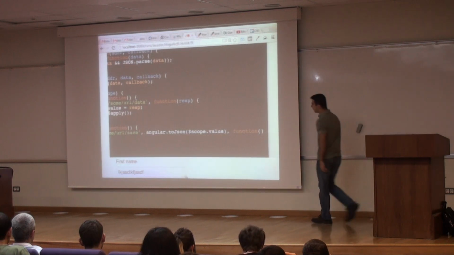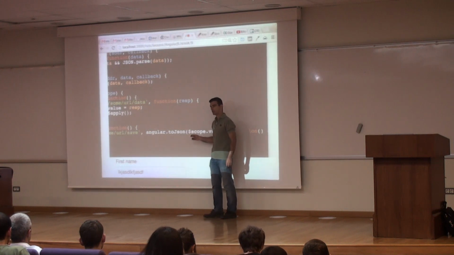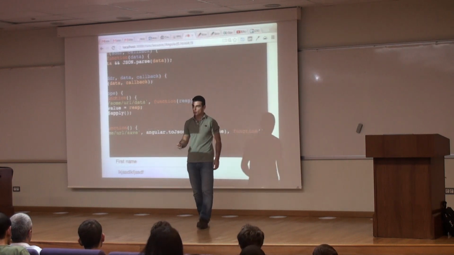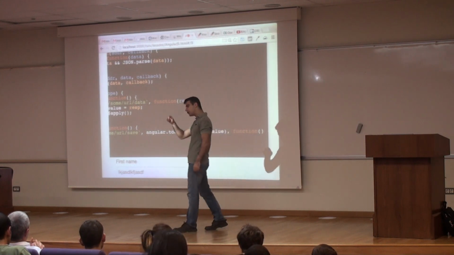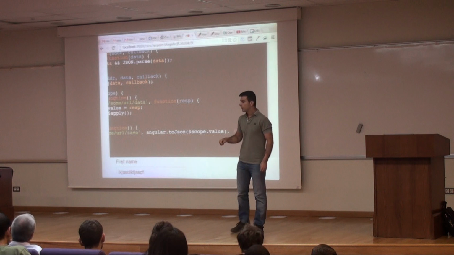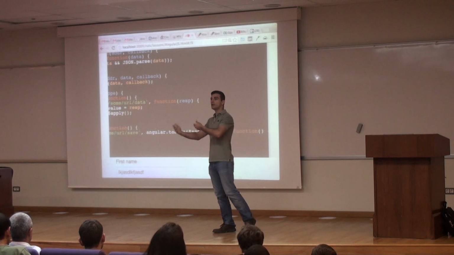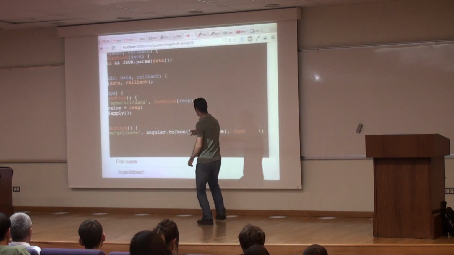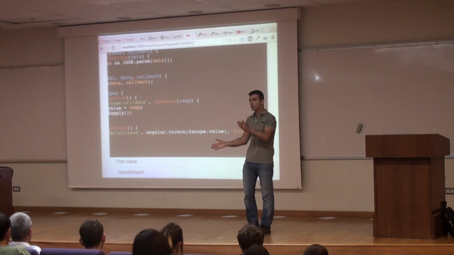Notice we're doing Angular to JSON. We're not doing JSON.stringify. There's a reason for this. In order to make this diffing algorithm performant, in other words, really fast, Angular decorates the object, potentially, with additional attributes, usually prefixed by the $ sign. If you just do JSON.stringify, you might accidentally end up including that additional garbage in your result, which you don't want to do. What Angular to JSON will do is it will do what JSON stringify does, but it will remove